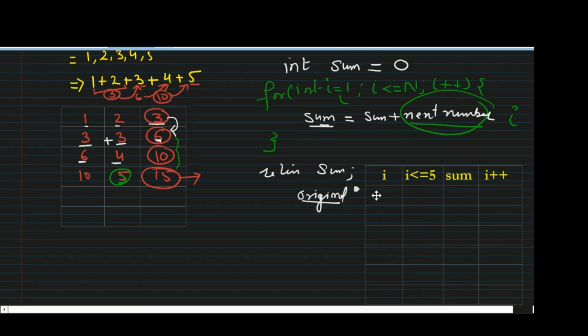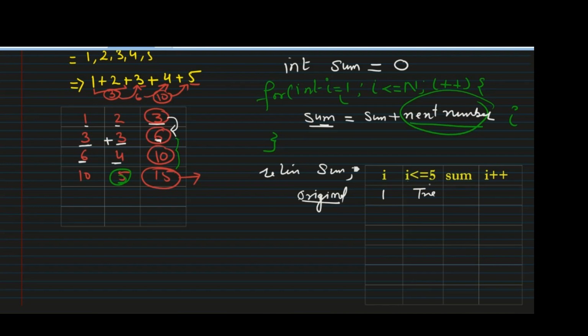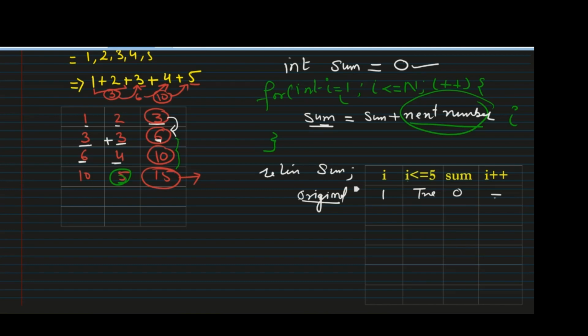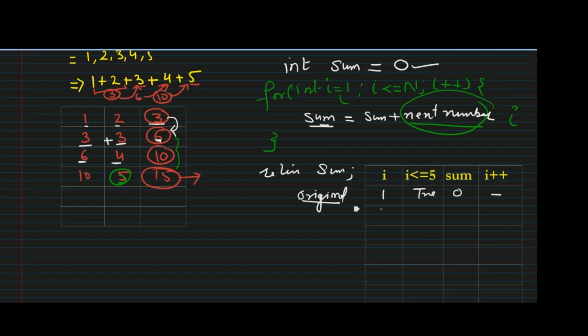The value of I is 1 and I is less than or equal to 5. This is true because 1 is less than or equal to 5. Sum is 0 because we are initializing sum with 0, and I plus plus we have not yet started. So in the very first step, when we start this iteration, the value of I will be equal to 1,